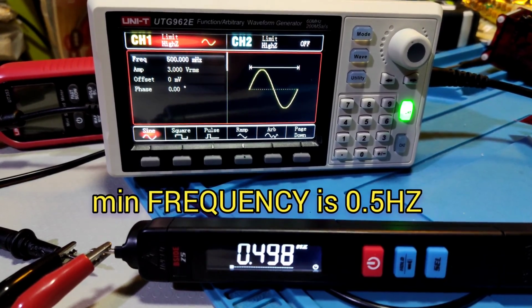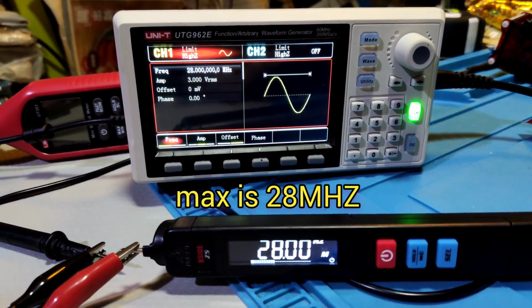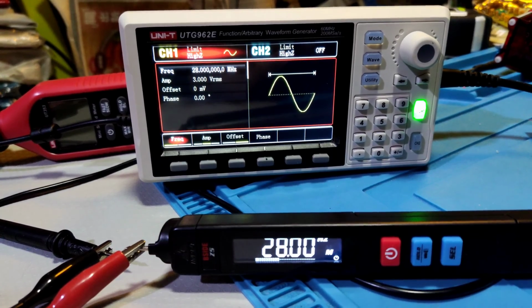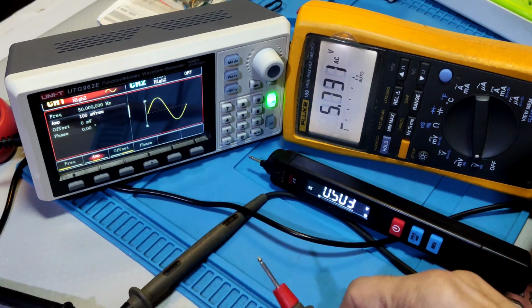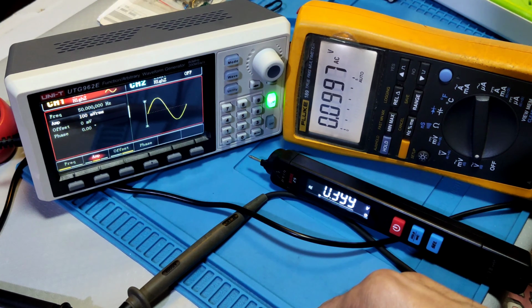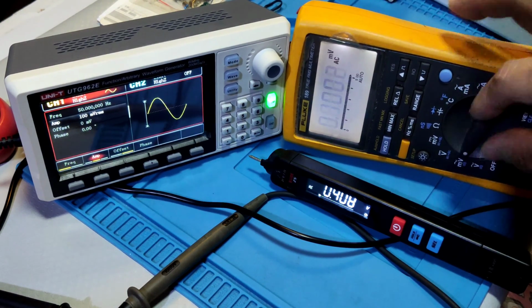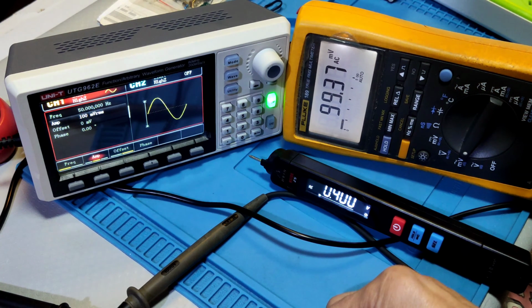This meter minimum frequency is 0.5 Hz. And this meter max frequency is 28 megahertz. Minimum voltage test. Now is full reading. And in manual mode, that is minimum is 0.1 watt. Now full reading is 0.1 watt AC. And let's see the milliwatt of full. Full milliwatt is 99.4